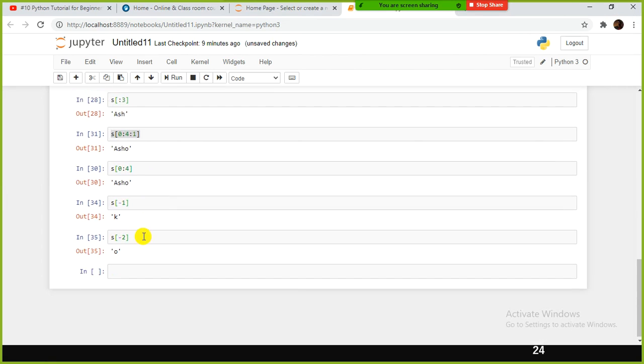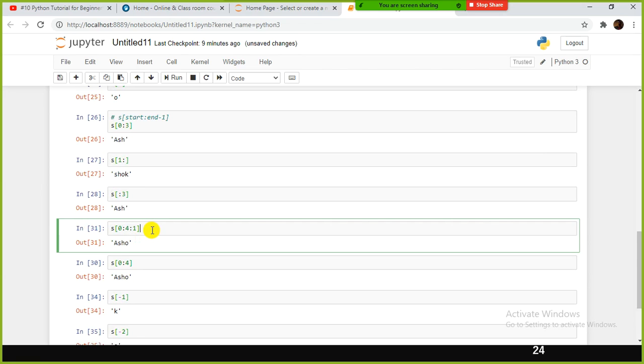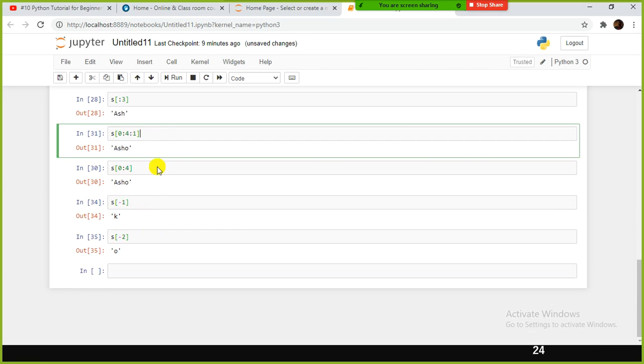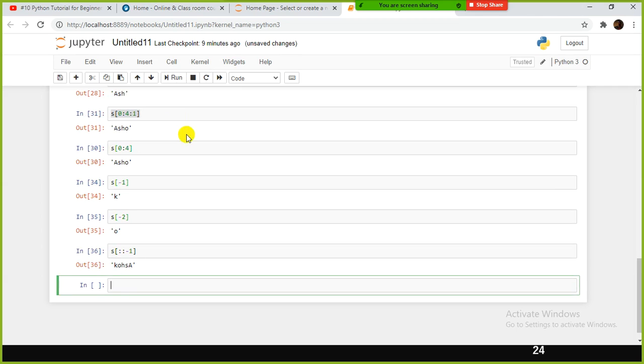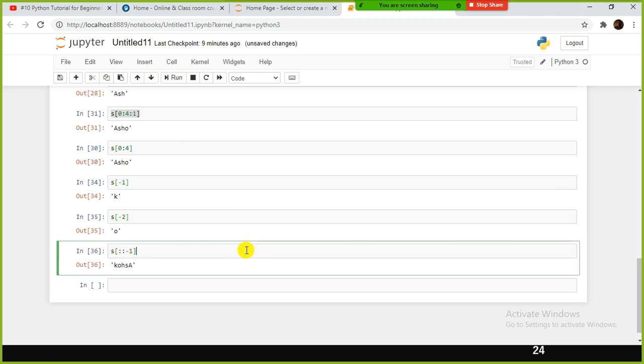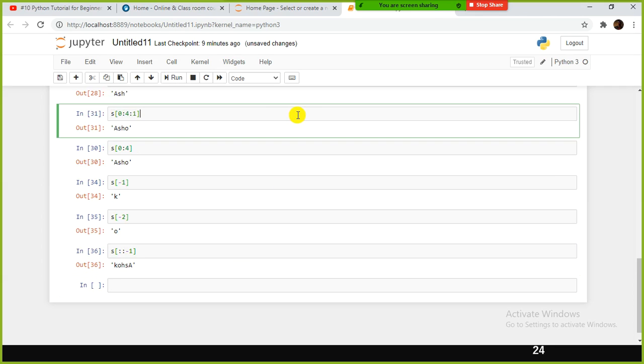Okay, and if I specify the range of values, we tried -1. Let's say I don't specify anything here. What happened here? Reversing the string.